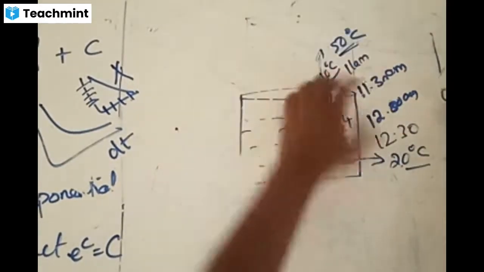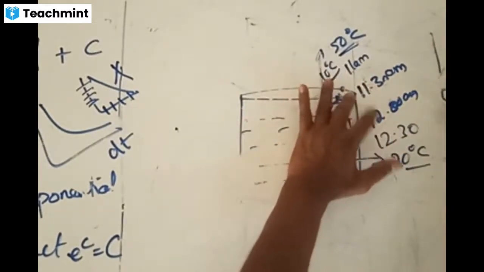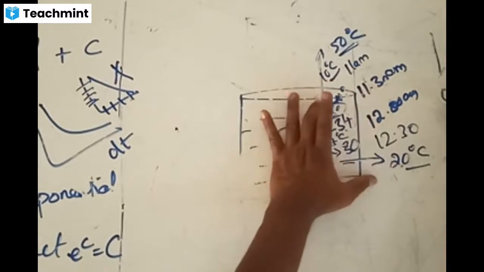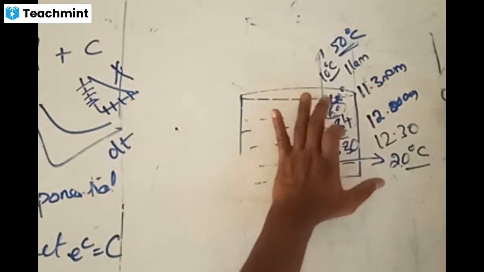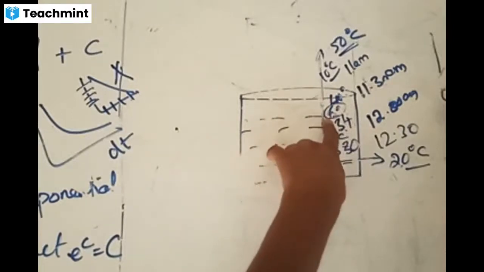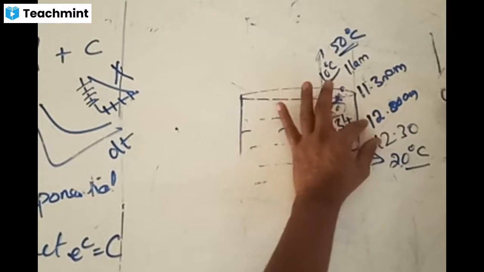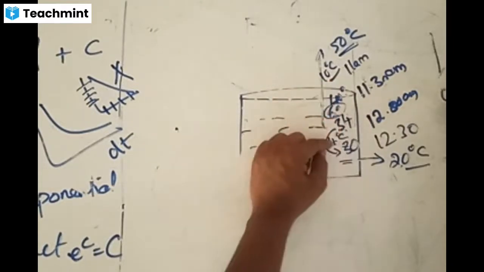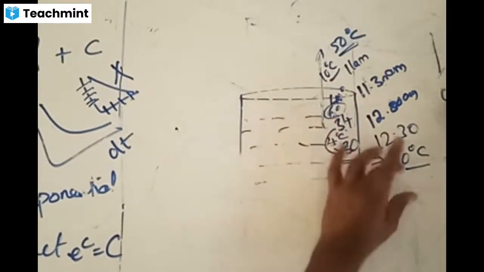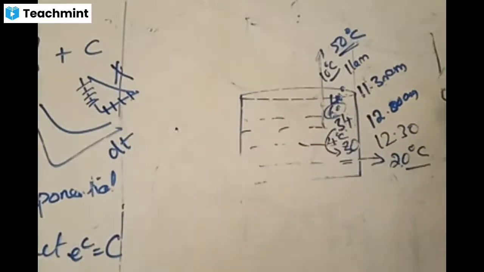Now, during the second 30 minutes, from 11:30 to 12, what is happening? The temperature difference is 20 only. Accordingly, the loss is also less, because the temperature difference is less, the loss is 6 degrees. Example I'm taking. And during the next 30 minutes, the temperature difference is less, so the loss is also less. During the next 30 minutes, the temperature difference is much less, so the loss is also less. Varying in this way is called exponential form.